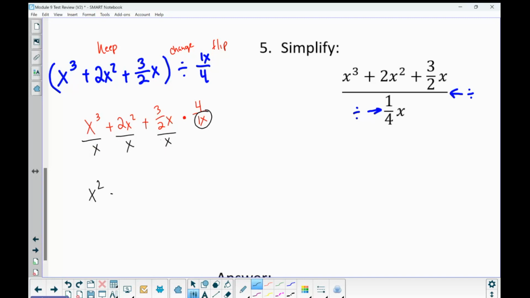2 divided by 1 is just positive 2. 2x is on top, 1 on the bottom. I'm left with 1. Now here, don't let the fraction trick you. 3 over 2 divided by 1 is still positive 3 over 2. I had 1x, took 1 away, we have none left. Now, 3 over 2. And now that we've divided everything by 1x,